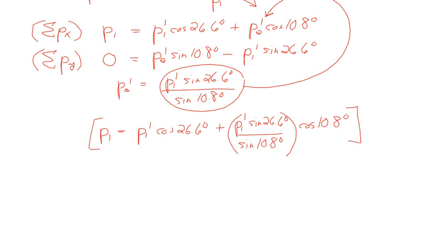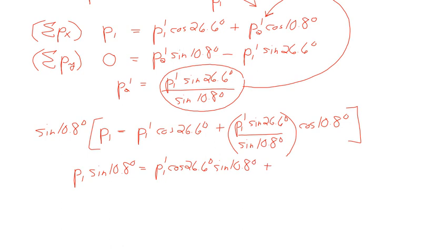So that means that each term has to get multiplied by the sine of 10.8. And when I do that, I'm going to get P1 times the sine of 10.8 equals P1 prime times the cosine of 26.6 degrees sine of 10.8